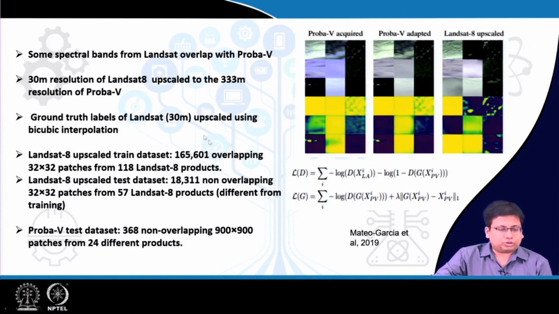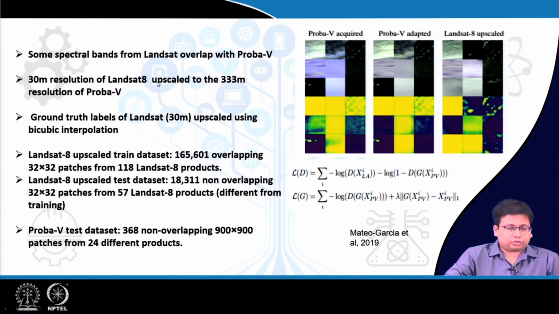These are some of the specifications of the images obtained from the two cases. Some of the spectral bands from Landsat overlap with Proba. As pre-processing, some amount of upscaling is done. The ground truths of the Landsat image are also upscaled to the Proba image, because